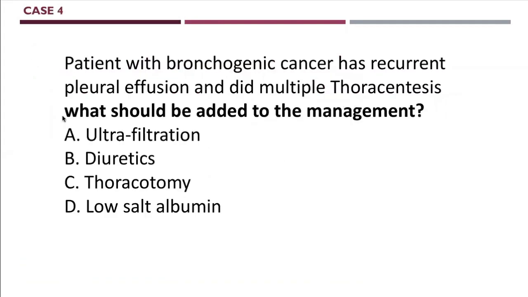Okay, a patient with bronchogenic cancer has recurrent pleural effusion and had multiple thoracenteses. What should be added to the management? A, diuretics, C, thoracotomy, D,